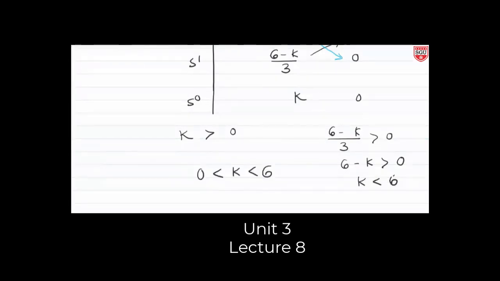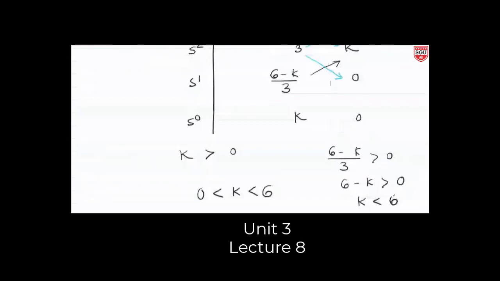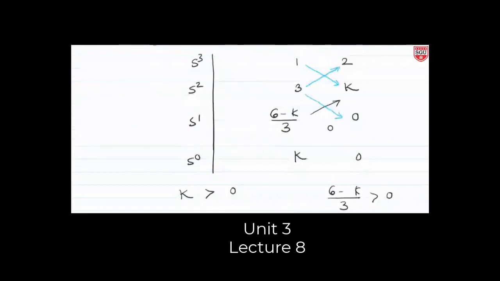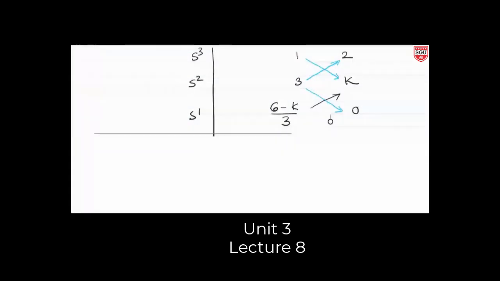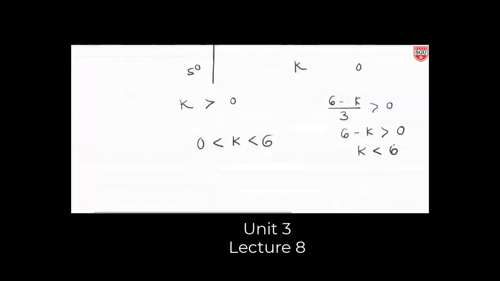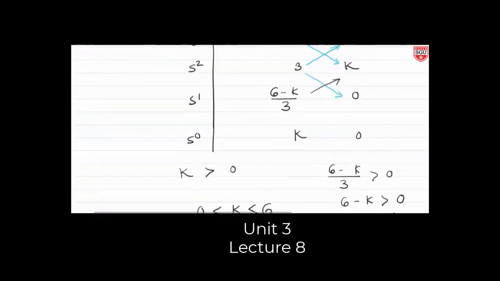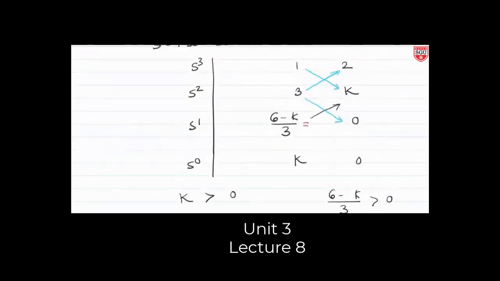Now remember, up to this step, you know what we did previously also. Now we have to put the value of k in the above array where the first number will become 0. The maximum value of k is what? K max is equal to 6. Now if I put the value of k equal to 6, the value of this element will be equal to 0. Means this s raised to 1 first column will become 0.